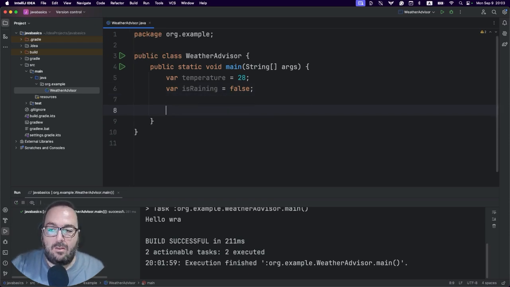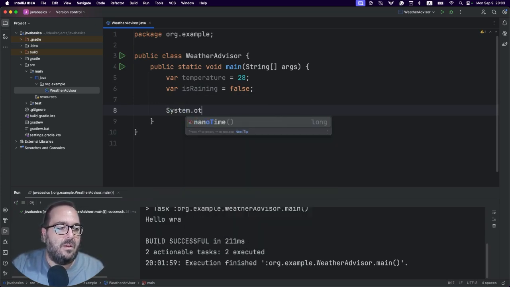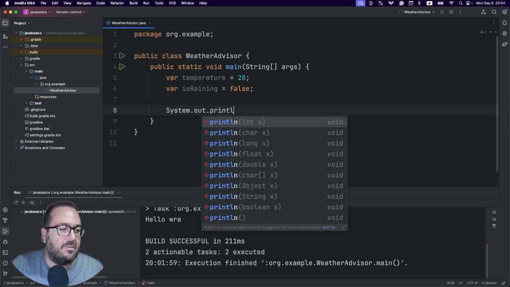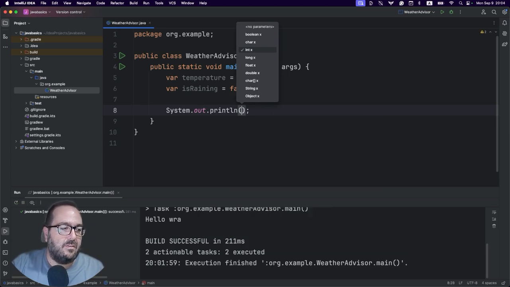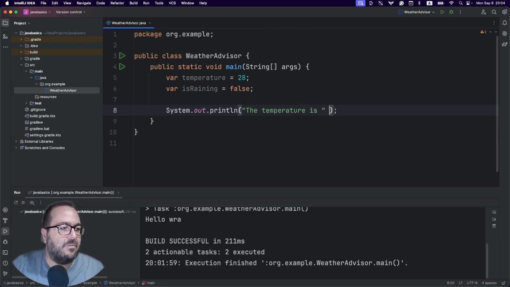Let's start by printing out these two variables. So System.out.println, I say the temperature is plus temperature.